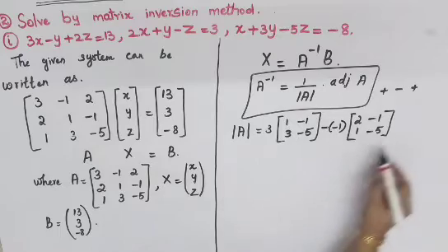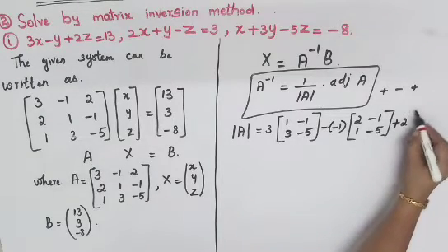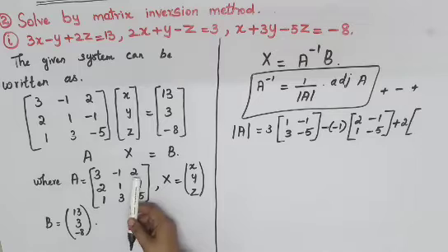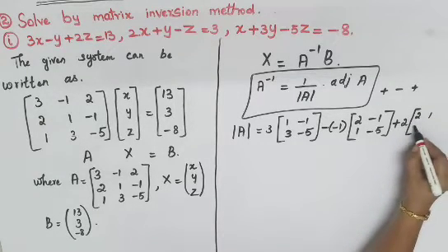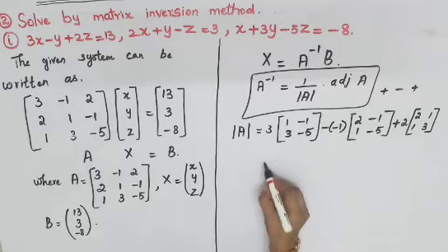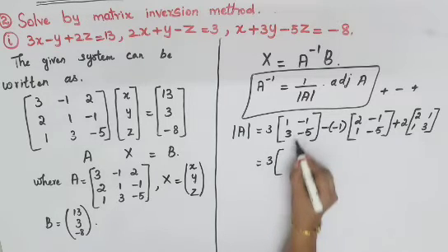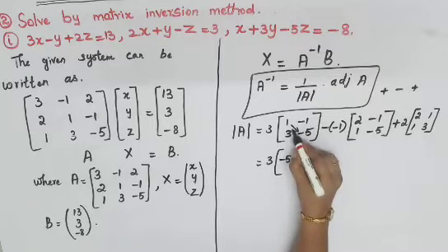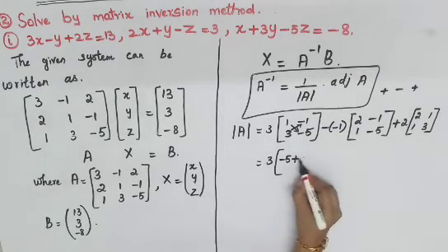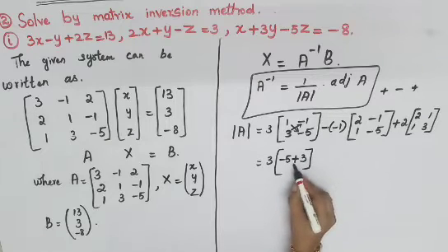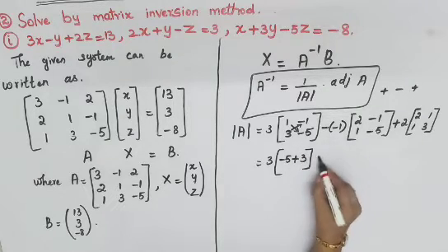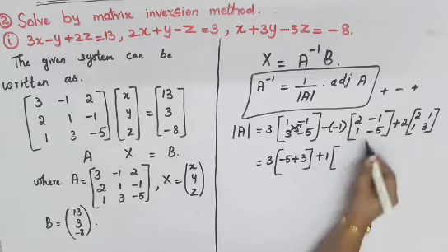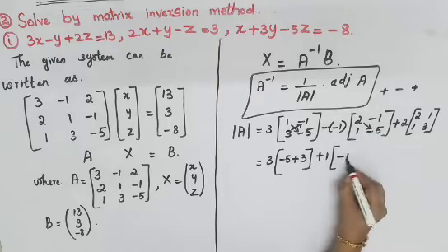Then the third term is 2, with a plus sign, so plus 2, and open your bracket. The minor of 2 has to be found by removing that row and column. The left out terms are 2, 1; 1, 3. Now solving, 3 into these two terms: 1 into minus 5 is minus 5. Again, minus from the format, 3 into minus 1, so I will just write plus 3, because minus into minus becomes plus. Open your bracket: 2 into minus 5 is minus 10.